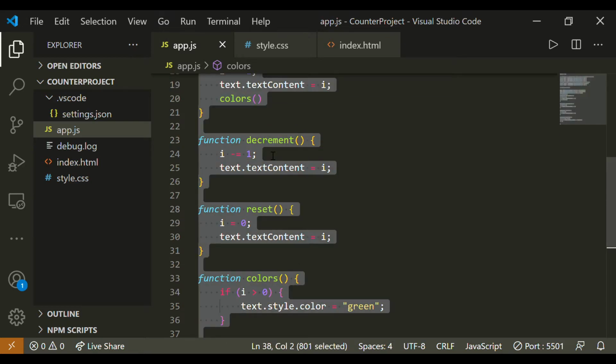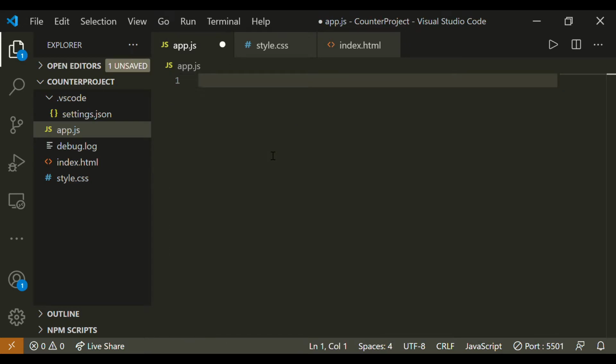So for JavaScript, we will be doing everything from start to end. So first we need to know what we actually want in JavaScript. JavaScript is basically to give a dynamic effect to our static web page.